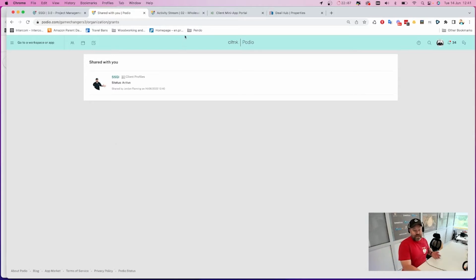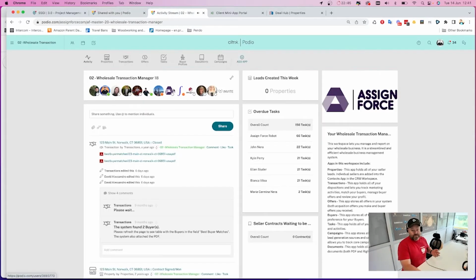Now, of course, the other way is I can just add someone into a workspace. So here's my workspace, and I've added a user into it. The good news about that is, of course, they can then interact with you very much like anybody else. You can comment, you can tag them on things, you can assign them on things inside of something. And so the power of Podio exists in this. But of course, I'm going to caveat that because, like I said before, if you bring people into Podio who are not used to Podio,